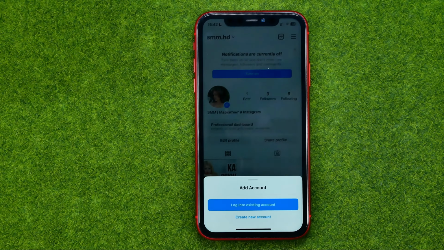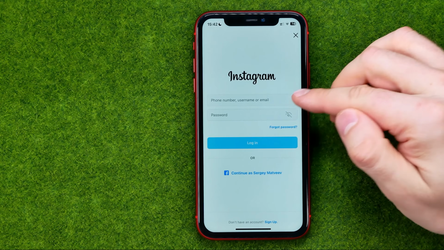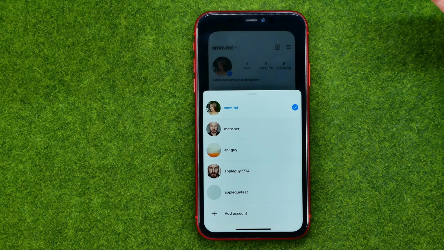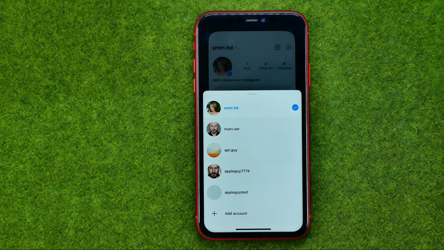Then tap add login to existing account or create new account. I'm gonna tap add login to existing account, and then all we have to do is just enter phone number, username or email in that text field and password in the second one. After that, tap login, and then your another Instagram account will be added right here in that list, and